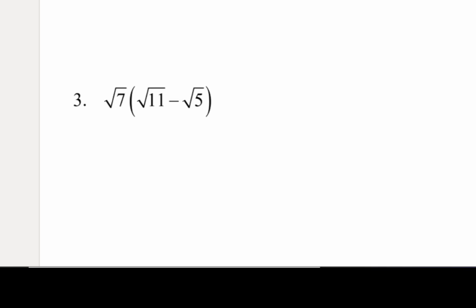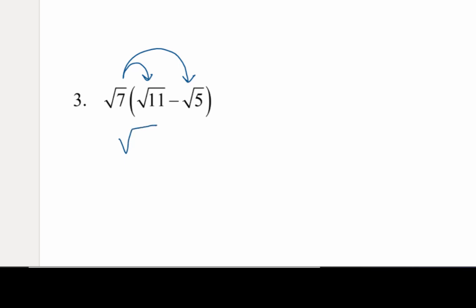Now we have the square root of 7 times this, or two terms, right? Square root of 11 minus square root of 5. And just as you might think, we are going to be allowed to use distributive property and distribute the square root of 7 throughout. So again, the indices match, so we can multiply inside of the square root sign,